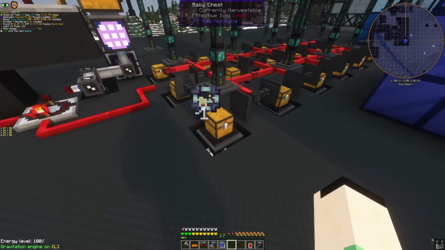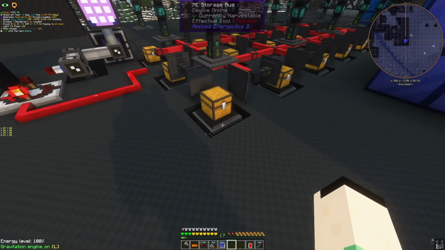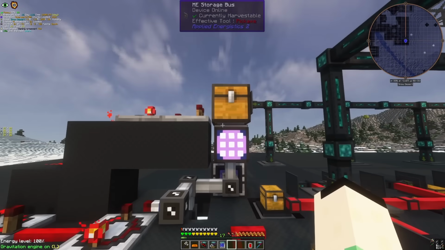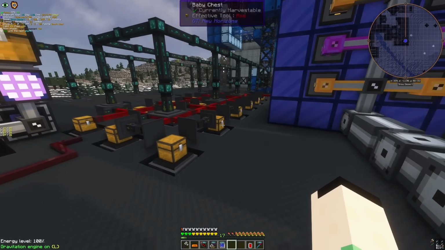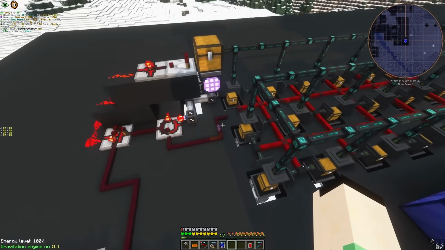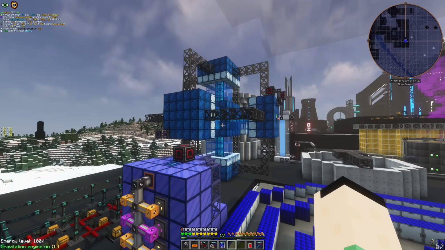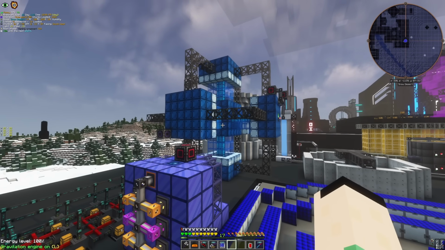Now, on the bottom of these tiny chests, you may notice that there is a storage bus. I don't actually use the storage bus, it's just to read the contents of the baby chests, because of course this is stickied, so things can only go into this big chest. The reason I need to read the contents of these chests is so that I can turn on the cycling signal only when required. Because remember that all the incorrectly supplied catalysts are returned intact, but the correct catalysts are